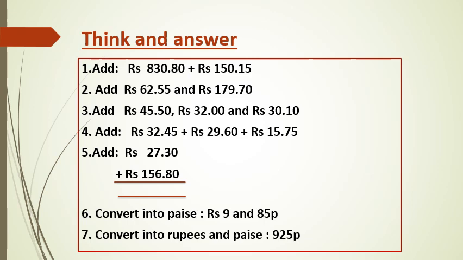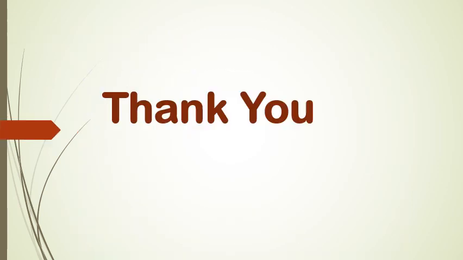Rupees 9 and 85 paise. Number 7. Convert into rupees and paise. 925 paise. Alright girls, hope you have enjoyed the class, and girls, please do practice it many times till you